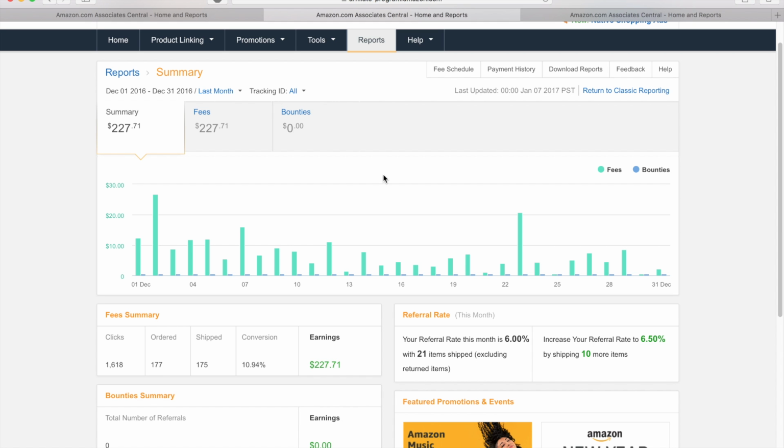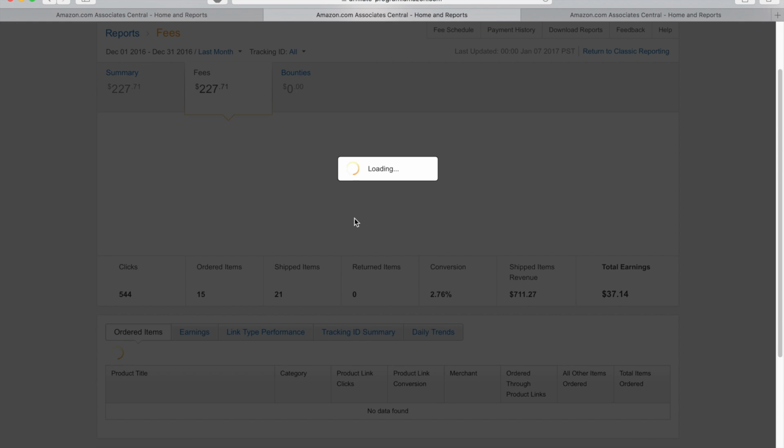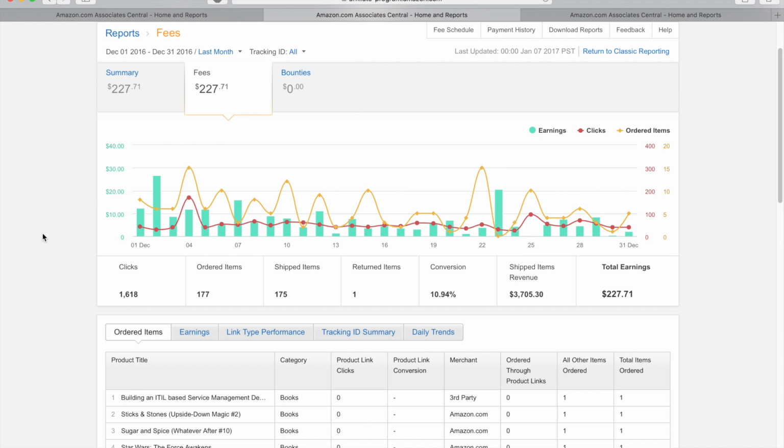And the most impressive thing about this month, if I click the earnings here, this kind of shows things in a little more detail. Very consistent month. In fact, the only day that there was no earnings was Christmas Day, which is kind of crazy because there were actually items ordered that day. But a lot of times these earnings that you see, which is the green bar that you see going across here, they're a couple days behind. I don't actually get the earnings from it until the stuff ships. So if you have Prime, it might be a couple days.